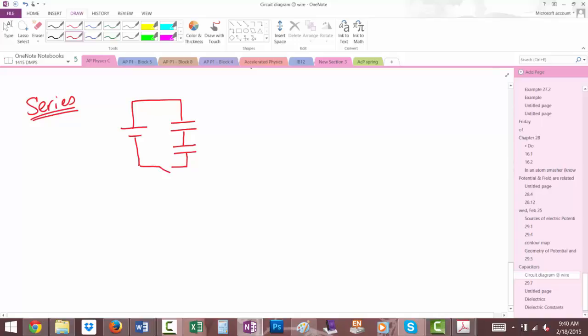Contrarian, yes. Okay. So I've got two capacitors in series. They are not yet hooked up to the battery. Right now, I have a question. For the series capacitors, this is the thing we have to keep in mind. I'm going to put a box around this stuff here because